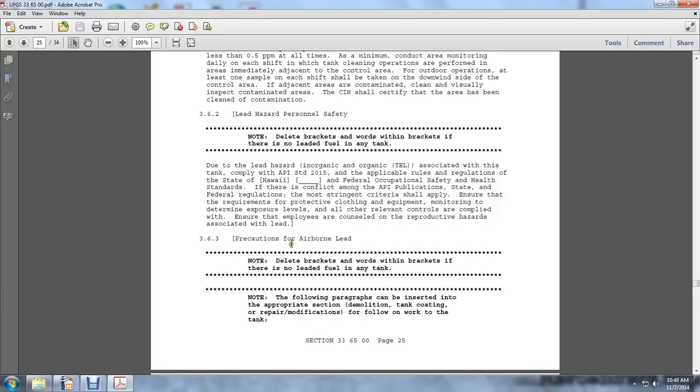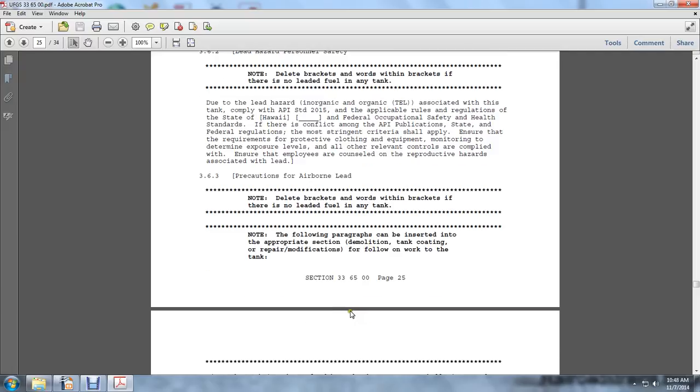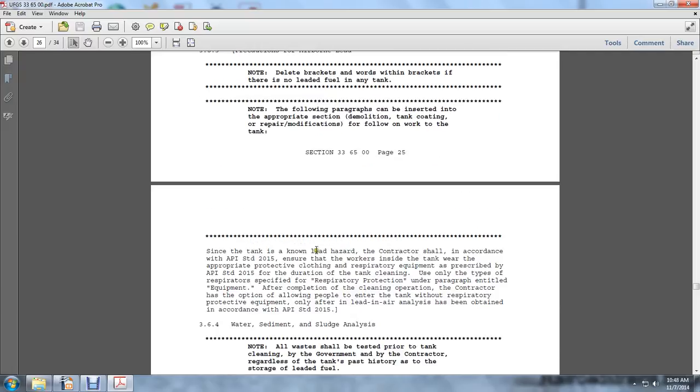3.6.3 Precautions for airborne lead. Delete the brackets, words, and brackets if there is no lead fuel in the tank. Notify that paragraphs are inserted with the appropriate selection for demolition, tank coating, and repair modifications following the work on the tank. Since the tank is known as a lead hazard, the contractor shall,